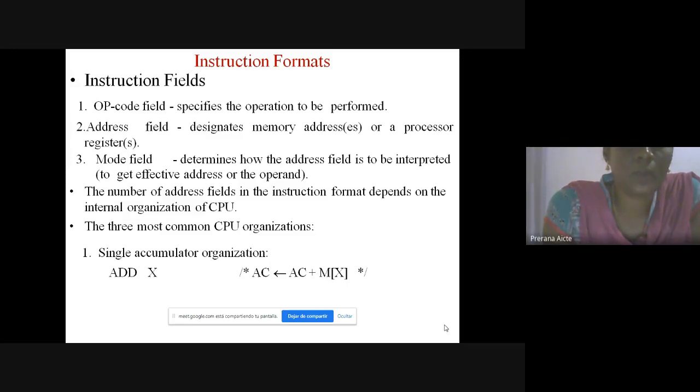In single accumulator organization, operations are done using the accumulator. The accumulator is a default register in the processor. For example, ADD X means add the operand at memory location X to the content of the accumulator. The result is stored in the accumulator. So the operation is done using the accumulator.